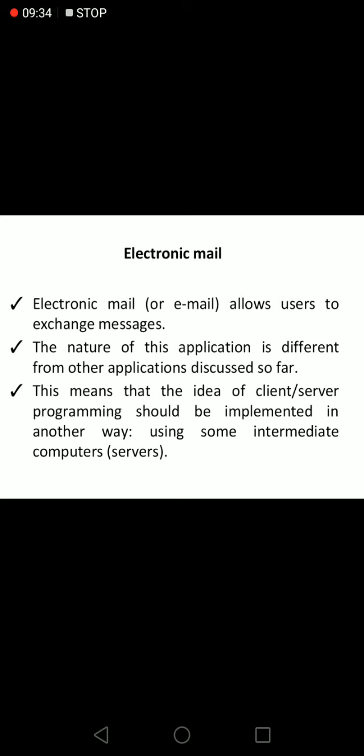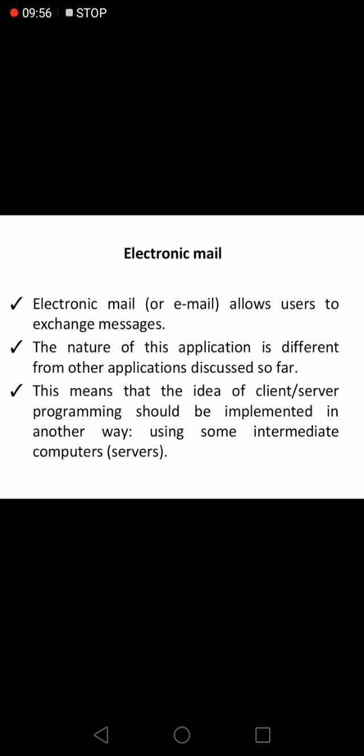IMAP stands for Internet Mail Access Protocol. This protocol is used while receiving an email. When using IMAP, the emails will be present on the server, not downloaded to the user's mailbox, and not deleted from the server itself.